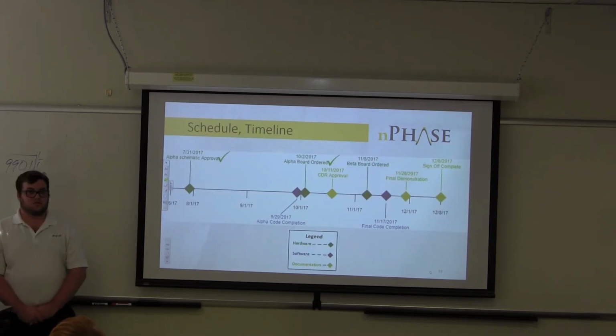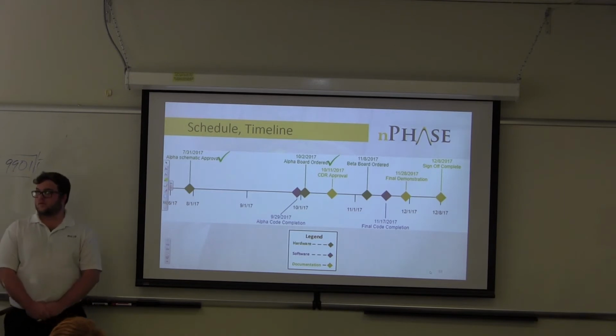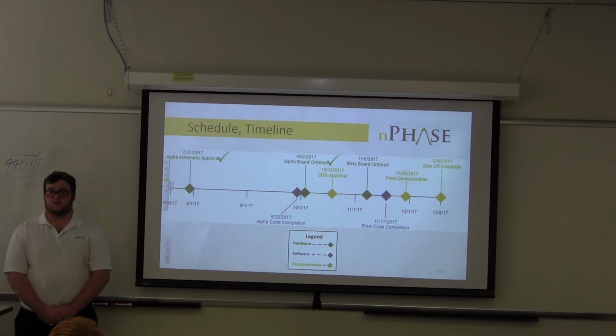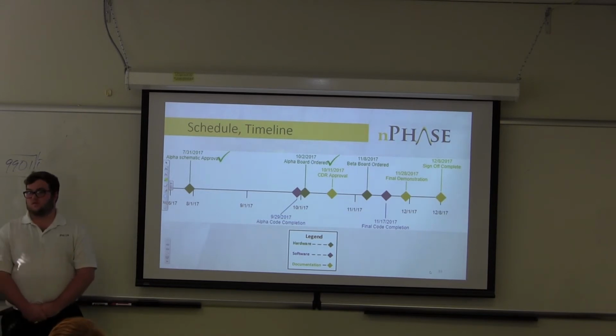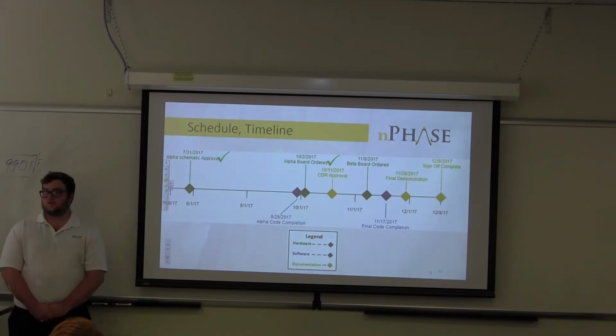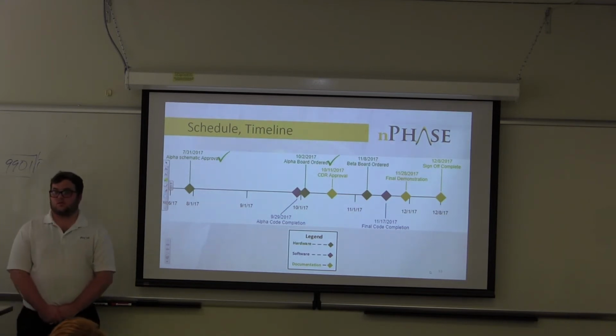Our schedule, see here, the alpha schematic and alpha board have completed. Again, we're behind on alpha code completion. We've got CDR approvals today. Beta board, we're hoping to have ordered early November. Hoping to complete our source code by mid-November, November 17th. Our final demonstration is November 28th, and then our sign-off is the